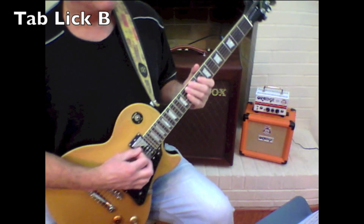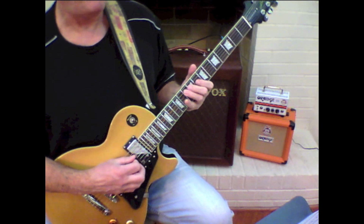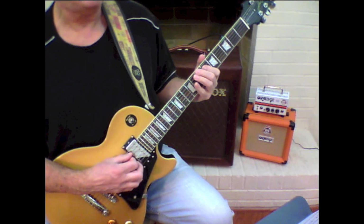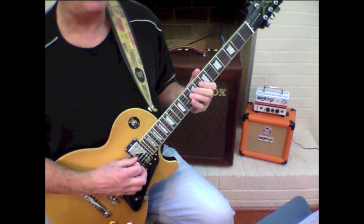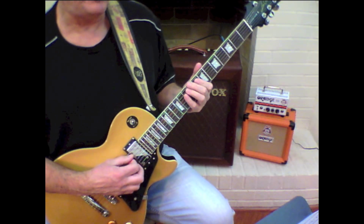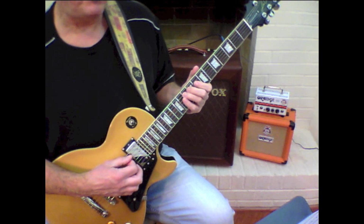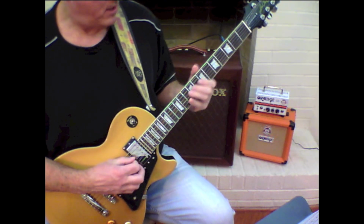Alright, part B is hammer on the A string from 8 to 10, and then on the D string, 8th fret, then slide from 10 down to 8 on the A, 6th fret on the A, 10th fret of the D string with vibrato, hammer on 8 to 10 on the A, 8th fret on the D string, slide from 10 down to 8 on the A, 6th fret, then the